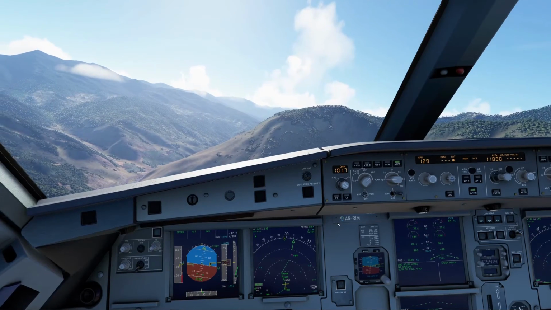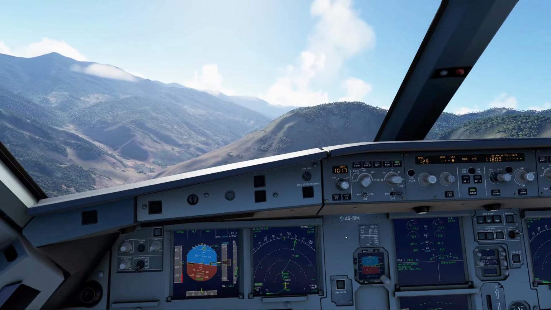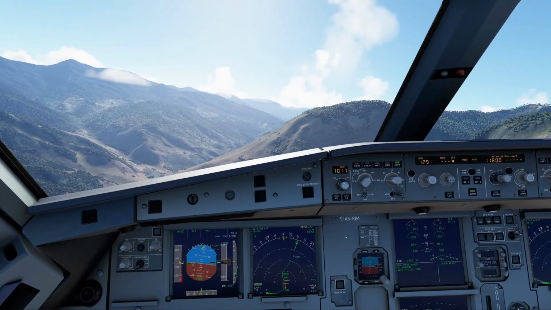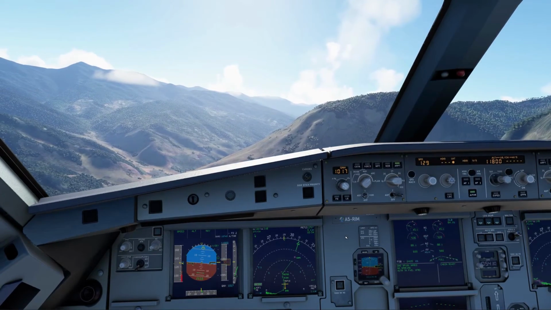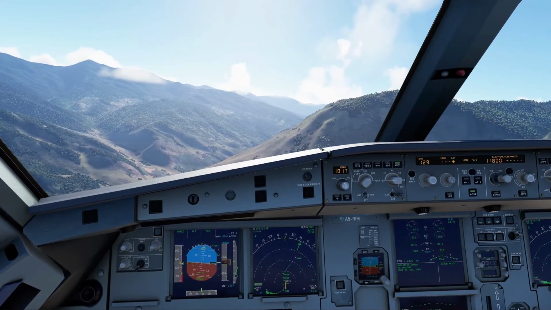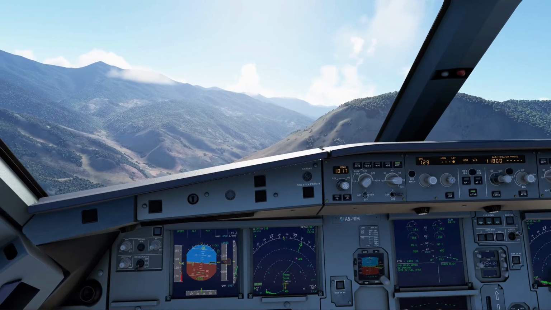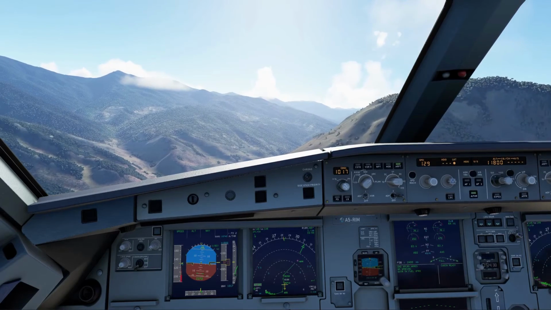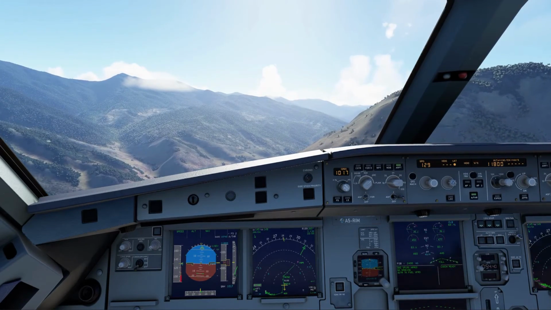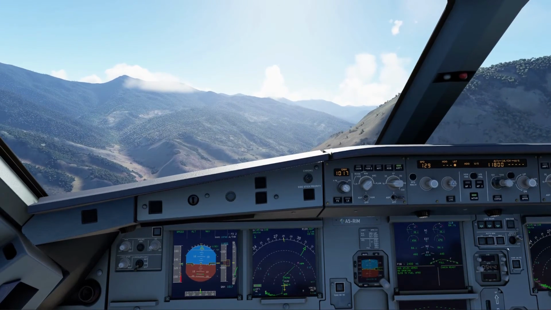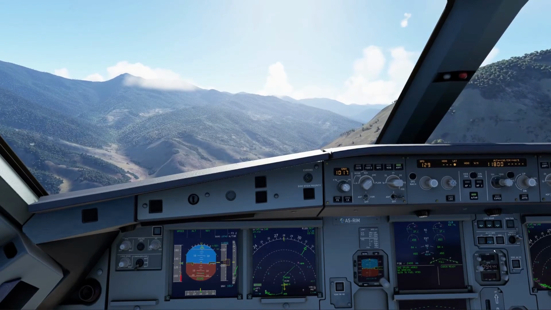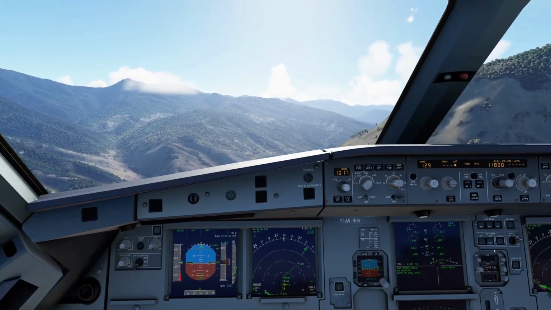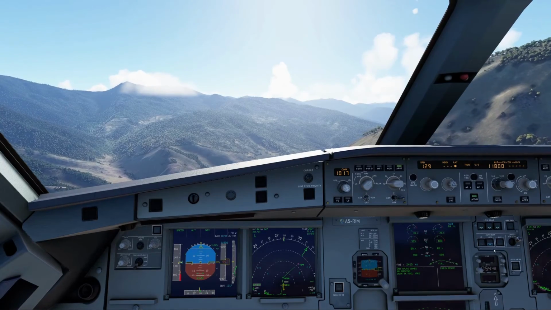Knock out the flight director. Right, so we've got landing gear down, auto brakes are set.